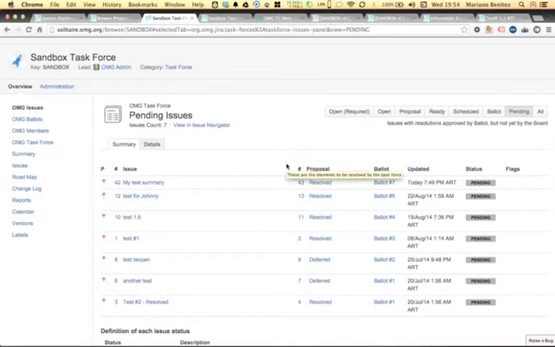Okay? So just to wrap up, in terms of what your tasks are as a chair, first of all, make sure that your members are in the task force in JIRA and they can log in. Then, as you receive issues or you decide to create your issues, you have to decide which proposal you want to apply to it and create the proposals. Maybe anybody in your team can do it, but your task exclusively as a chair would be to create the ballots with appropriate dates,